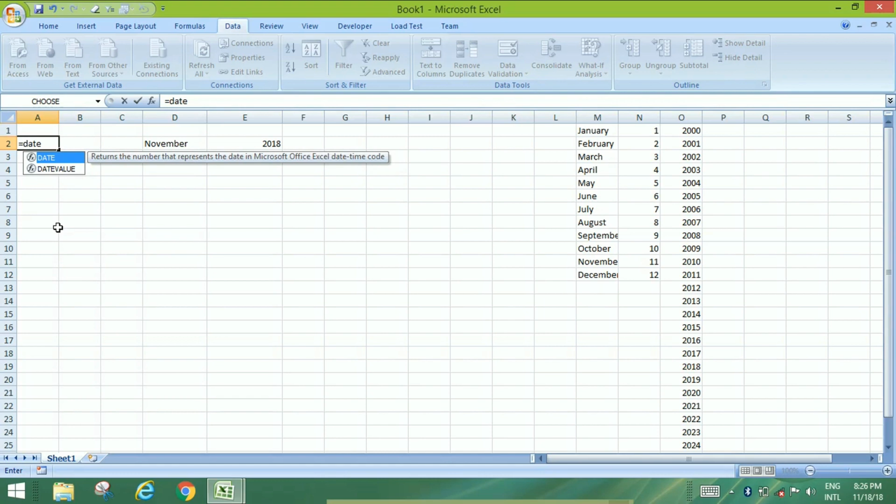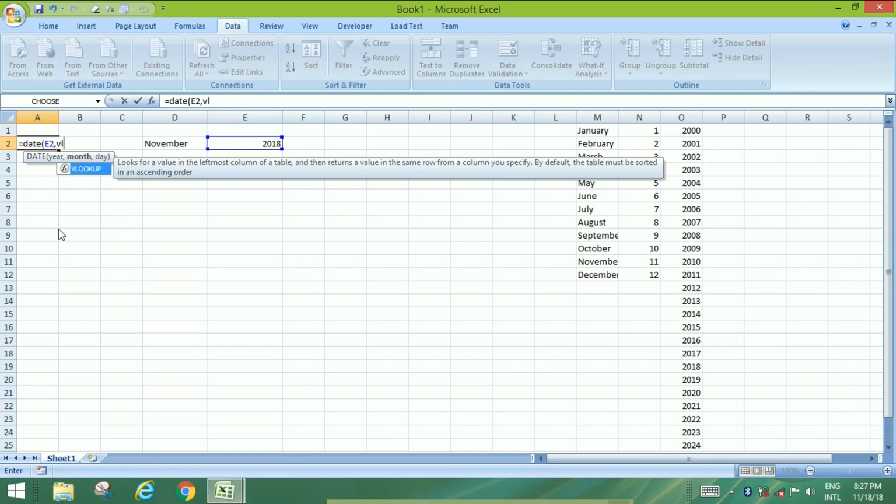I'm writing a formula like DATE. Here I have to select the year. Then for month I cannot select the month name because the date formula only takes month index and not the month name. So I am using a formula like VLOOKUP,